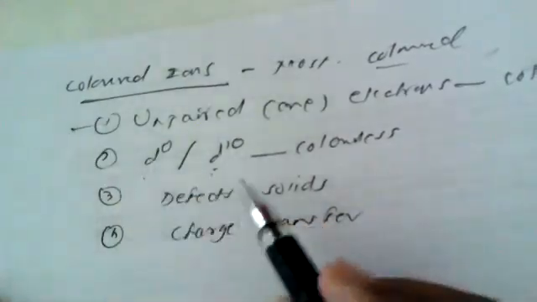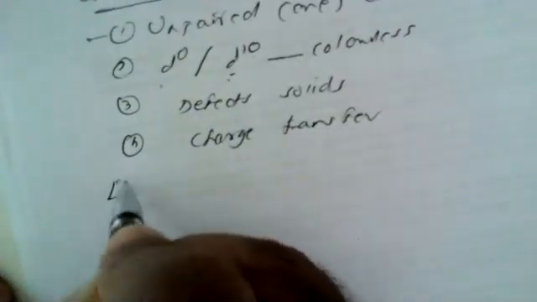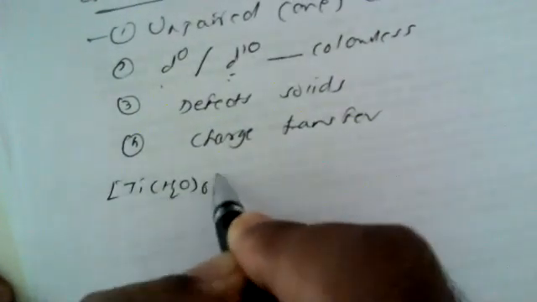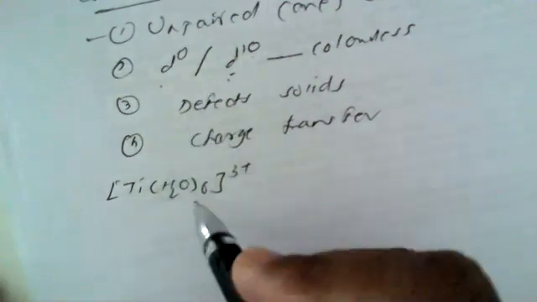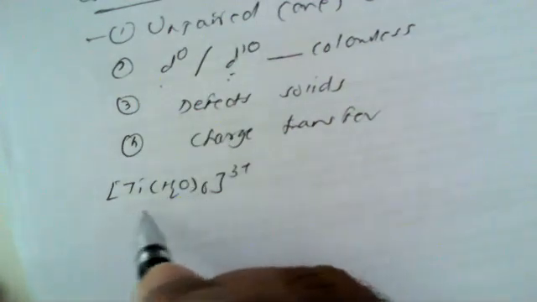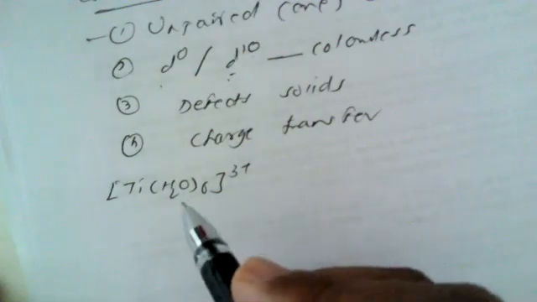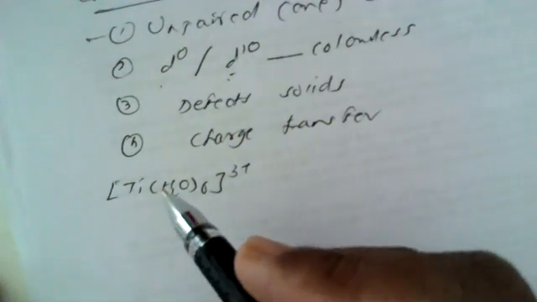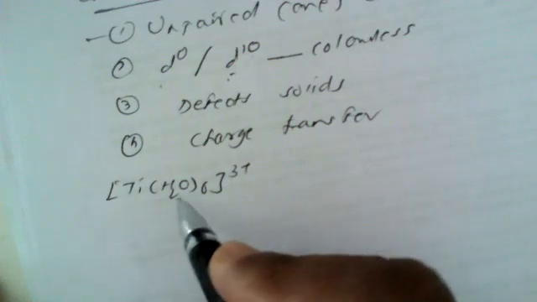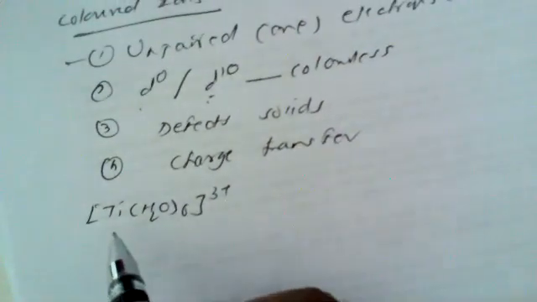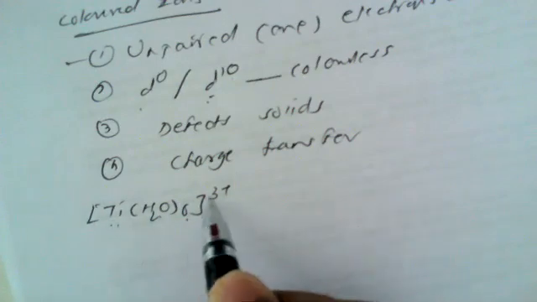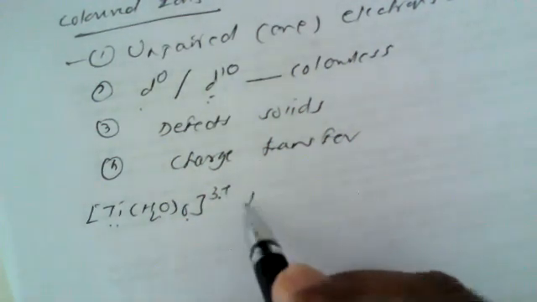How can we show this? First of all, we shall see that the color is due to the presence of an unpaired electron. Consider for this one best known example of a coordination complex, that is [Ti(H2O)6]3+. You need not bother about what this complex is, because I am going to teach you how this complex is produced in the coordination chemistry topic, wherein I will go into more detail about these complexes. But just for the instance, we have to consider this complex. This complex is known as hexaaquatitanium(III) ion. That means the hydrated solution.